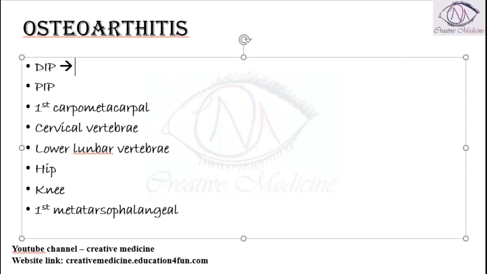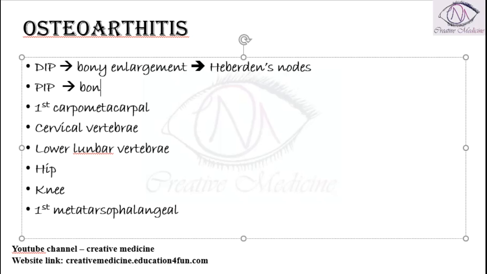In the distal interphalangeal joints, bony enlargement occurs, and this distal interphalangeal joint bony enlargement is called Heberden's knots. Then, bony enlargement in the proximal interphalangeal joint is called Bouchard's nodes. Bony enlargement in the distal interphalangeal joint is called Heberden's knots, whereas bony enlargement in the proximal interphalangeal joint is